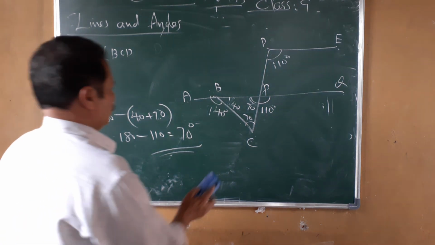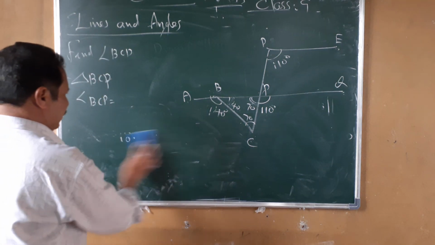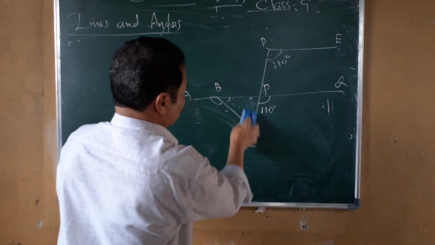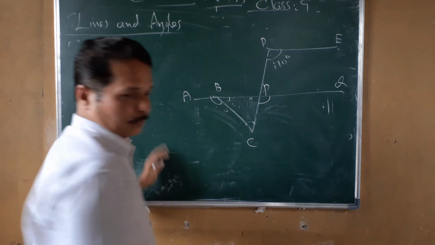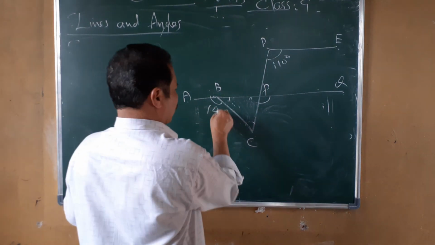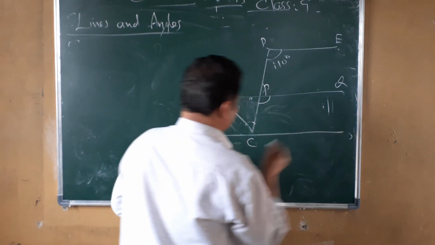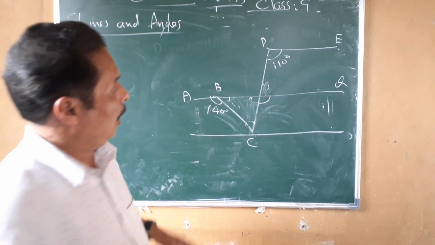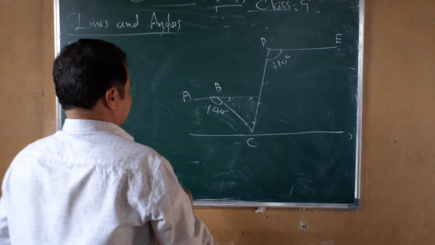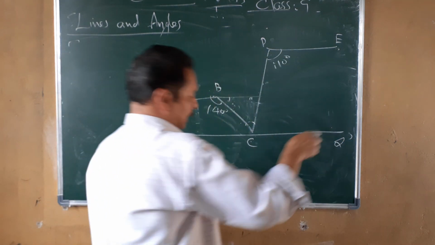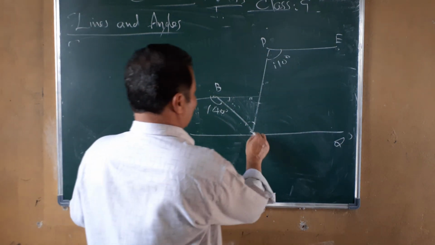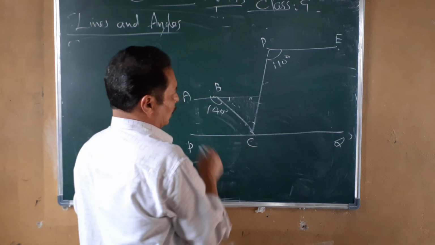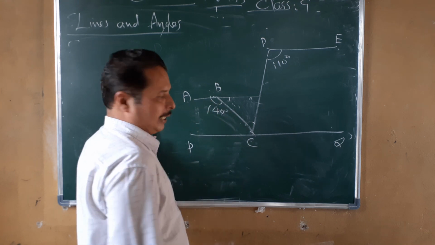Okay, so now it is completed. Look here, there is another way also. These are the given angles, 140. If you draw a line passing through C and parallel to BP, passing through C and parallel to B. Are you ready? Now, this angle is 140 degrees. You see that 140 degrees?